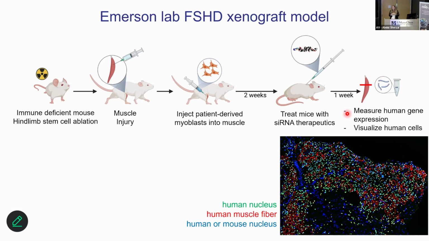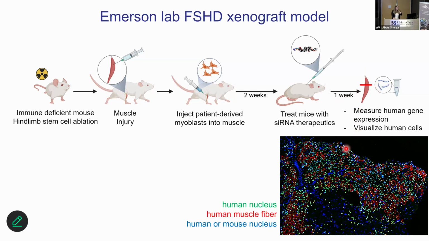So we're growing human muscle from these human-derived myoblasts in the leg of the mouse, and then we're treating it with therapeutics to see how the therapeutic affects the human muscle in the mouse. And so this is a picture of one of our xenografts, as we call it, and it's just a cross-section. So if you look at this muscle right here, if you cut it right there, and then you look down